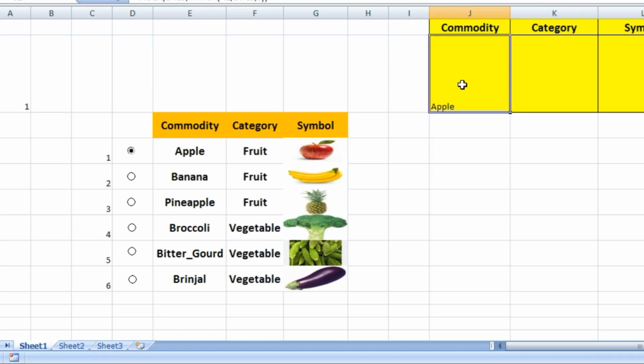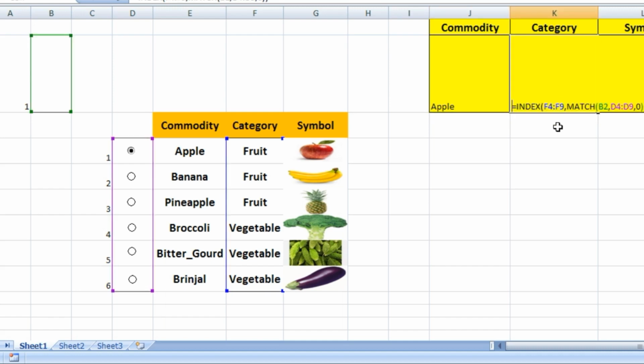In category also we want to drag this so that our formula comes here also, but there will be a problem. I will show you how you can rectify that. First I drag there. You see it is not accepting this formula, because we have referenced it wrongly. If I double click here, this is F4 to F9, which is perfectly okay.